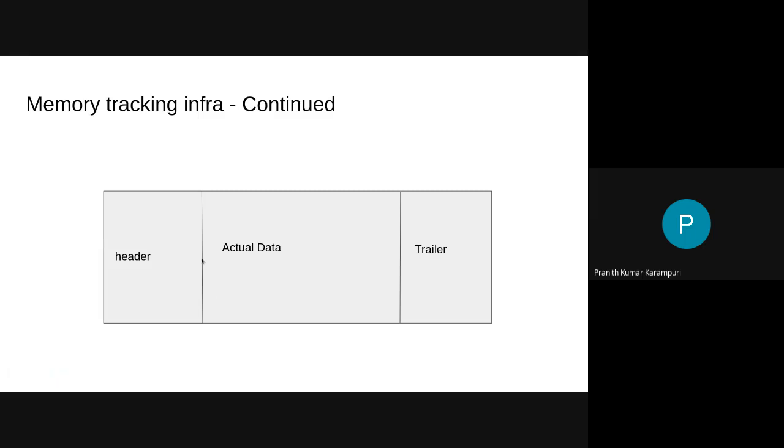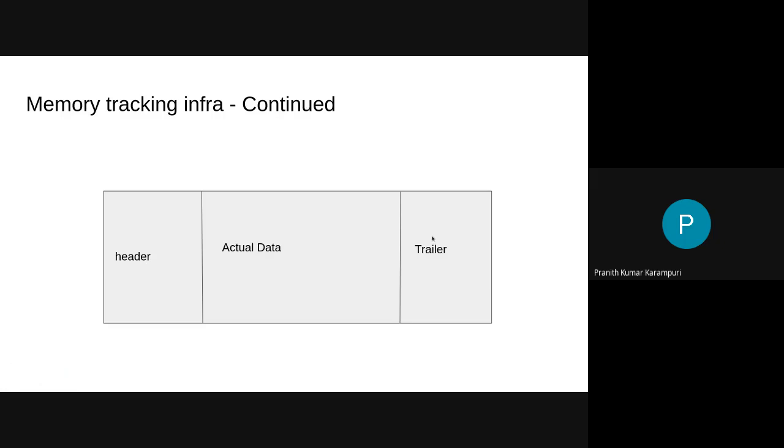That is how malloc and free work. Something similar happens even with Gluster. Every time we do a data allocation, we add some headers, and we add some trailer also. But the allocation function will return a pointer to the actual data. So now, what should we store in the header? That is what we call the memory accounting header, which stores a bunch of information about the owner, in the sense of which translator is allocating, and the current number of allocations. These kinds of information get stored in the header.